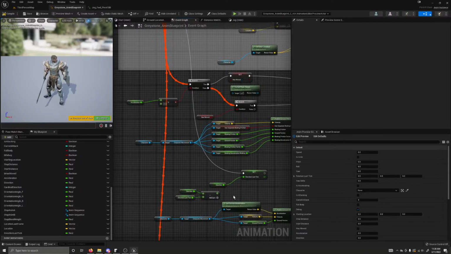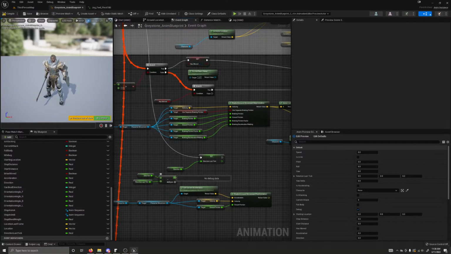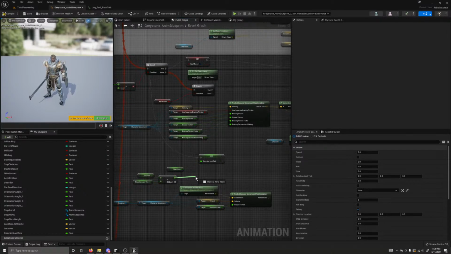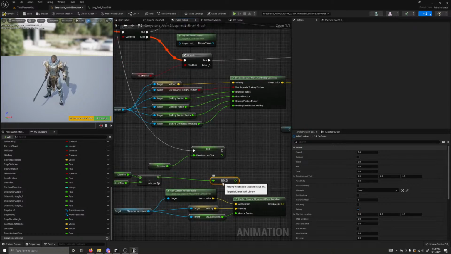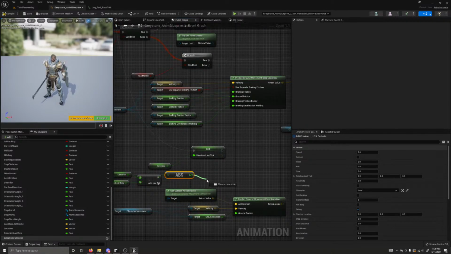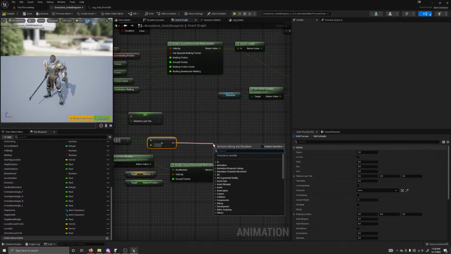This will give me the difference between the current direction and the direction from the last tick. And I'm just going to get the absolute value of this. I don't care if it's negative or positive. I'm going to check if this is greater than some threshold. Let's say 150 degrees, or let's do 135. And if that is true,